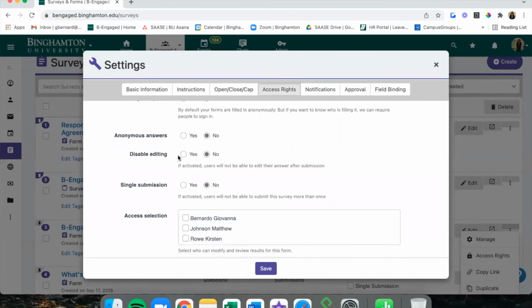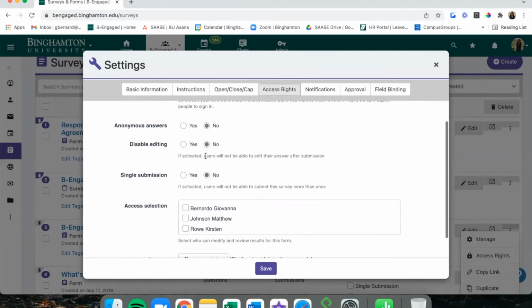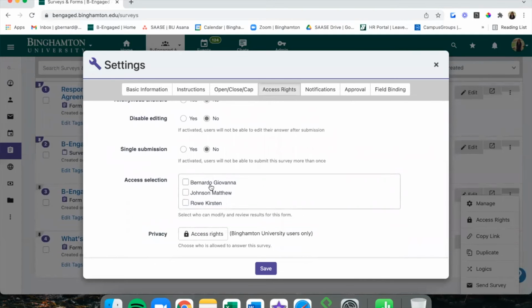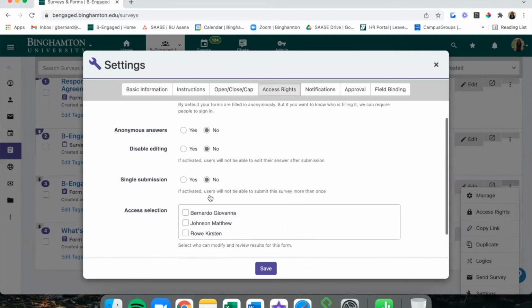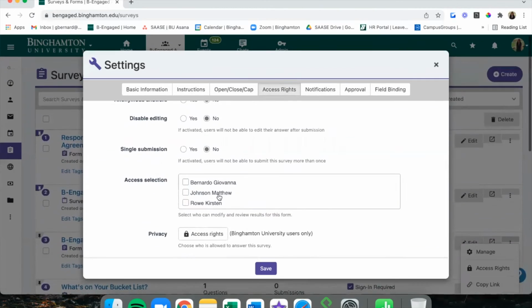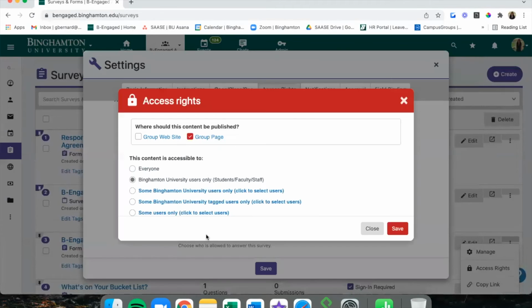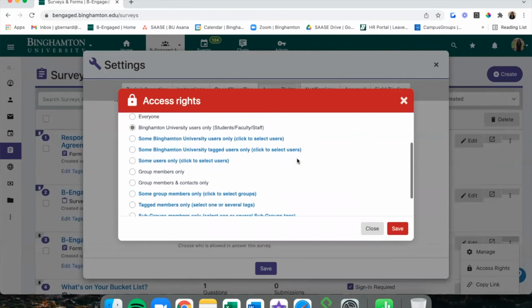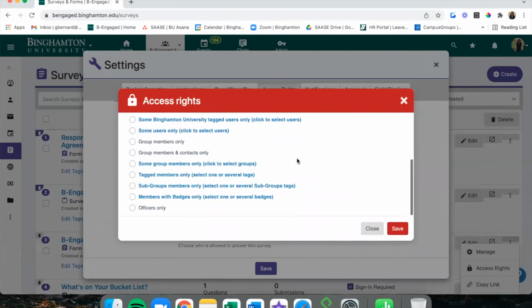Can they edit the form? Can they submit the form multiple times? Who has access to the form and its submissions of the officers listed on your group? And then this privacy section, this access rights option here, probably looks familiar because it's the same options in the